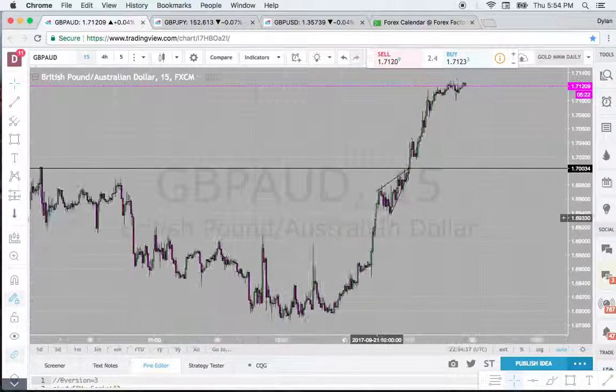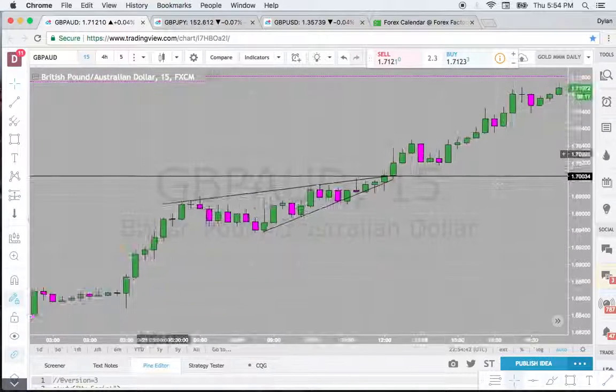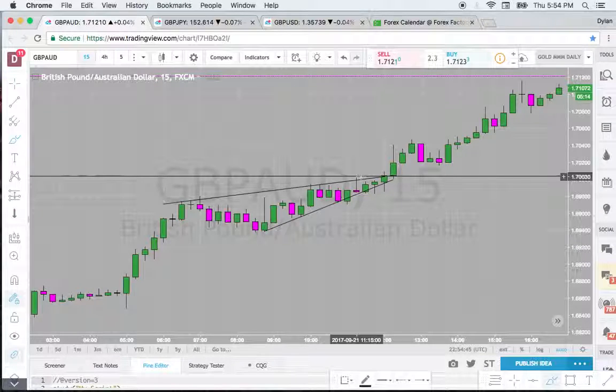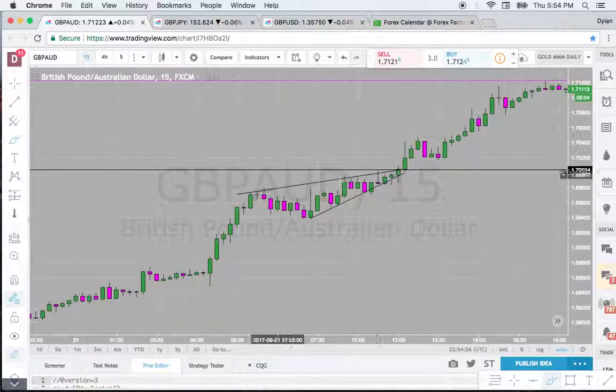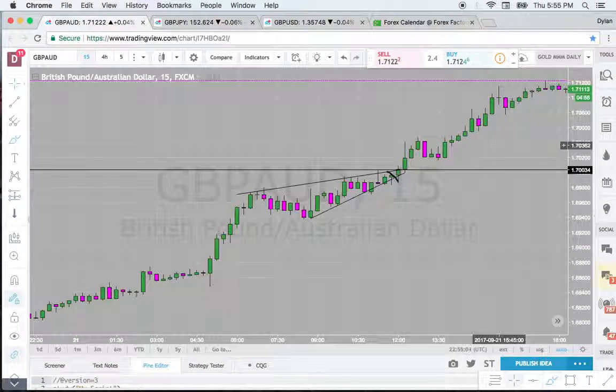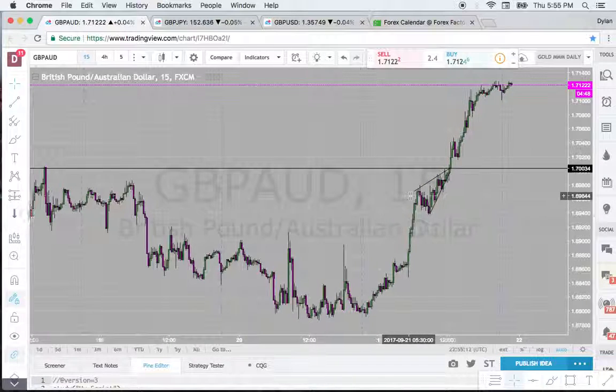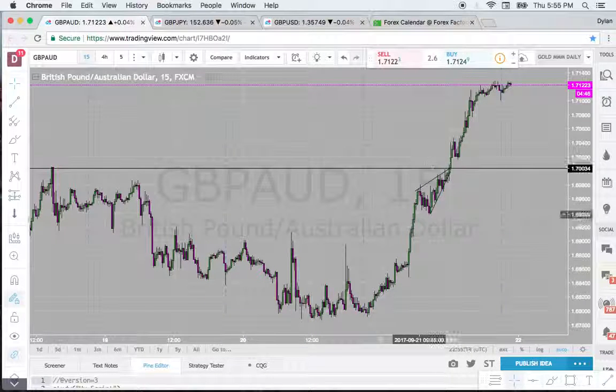Foolish me. I sold this thinking it was an M, and thinking this was the smaller micro M, and that's what actually made me do this video, because after selling that, I saw this wedge, and I stopped myself out here with about an 8 pip loss. But I saw this wedge and I noticed what happened when a wedge is at the high